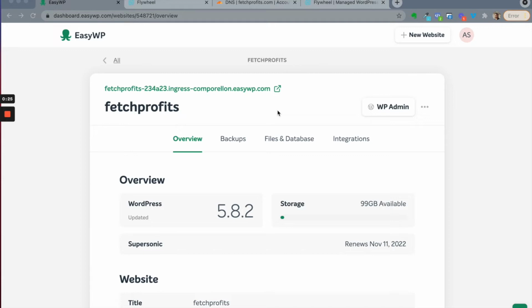Hi, if you're looking to migrate your WordPress host from another host to Namecheap, things are fairly straightforward. But before we do anything of this sort, it is assumed that you already have a hosting account with Namecheap, also called EasyWP, which is a part of their managed WordPress hosting product suite. If you have EasyWP, it's fairly easy to set up an instance of WordPress.